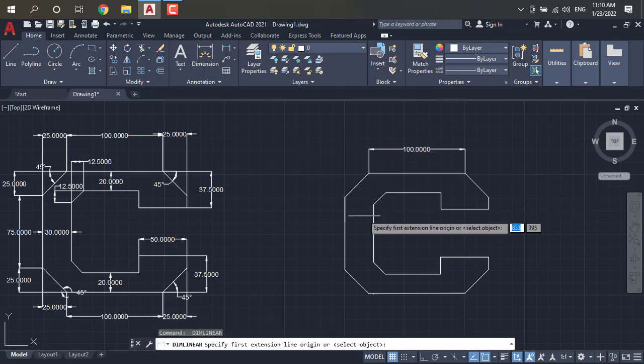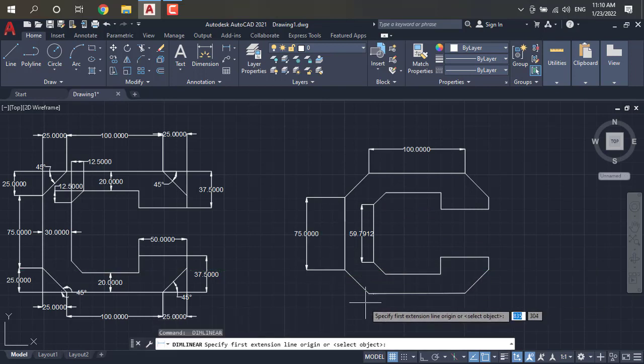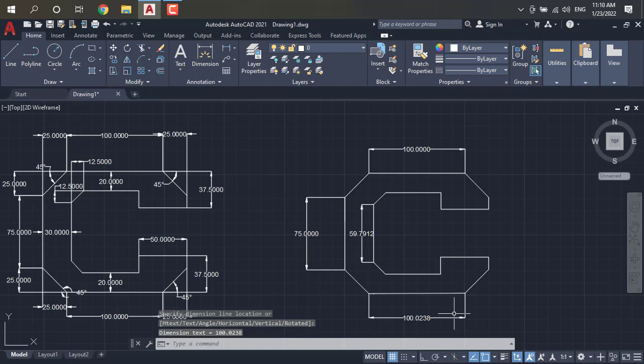Then we will continue here. This is our dimensions. It was extra selected here.